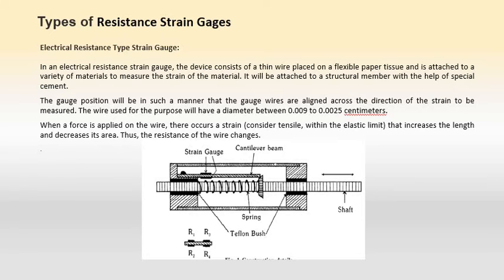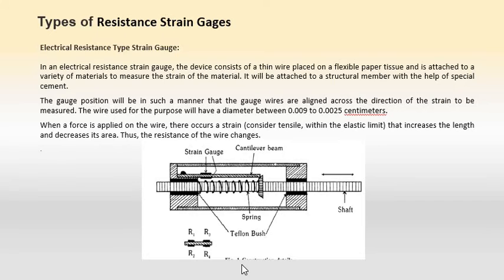Now you can see the figure of a type of strain gauge used. In this you can see there is a shaft over here, and a spring is wound over this shaft, and a cantilever beam is here, and above this cantilever beam you can see a strain gauge, that is two metal pieces or thin metal wire attached by some sort of cement to the cantilever beam, to both the upside and the downside bottom. Okay, so that is a strain gauge over here.